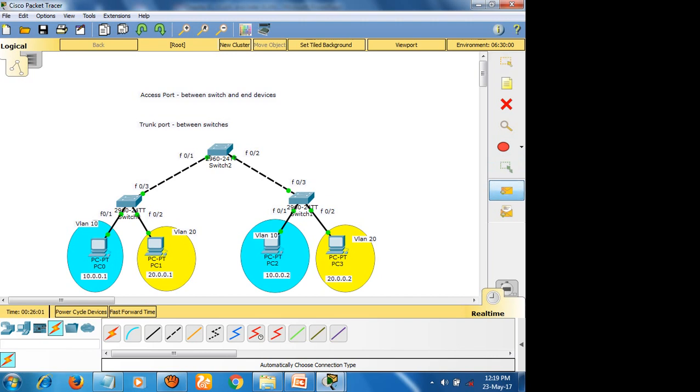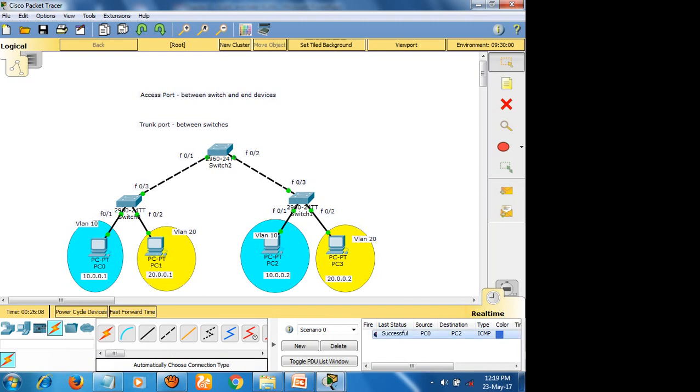That's it. So now we can check from here to here. We get a success message, and as well as 20 to 20, that is between the 20s. Again we got a success.